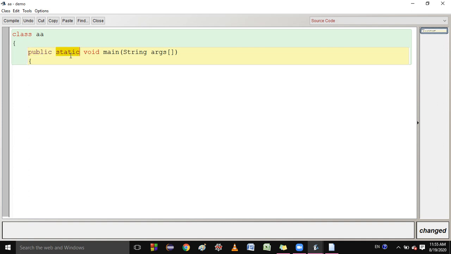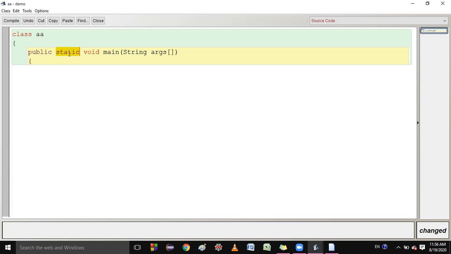This is a static keyword. Static keywords can be applied to variables and to methods, but why we should apply them, we will study later. And void also later, because if I start to explain here now, then you people cannot understand, because for static we need some knowledge about some other things.